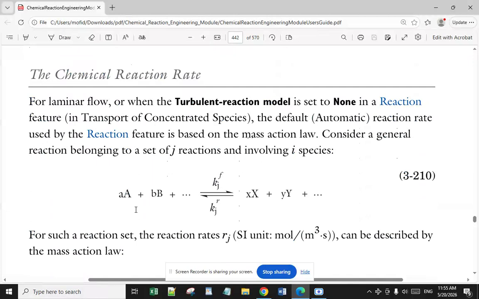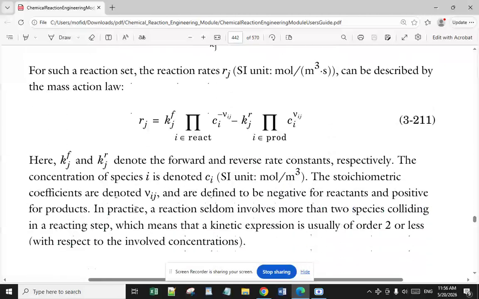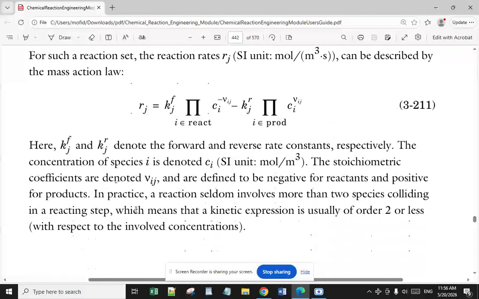Now I want to go through the chemical reaction rate for laminar fluid, or when the turbulent reaction model is set to none in a reaction feature. In the transport of concentrated species, the default automatic reaction rate used by the reaction feature is based on the mass action law. Consider a general reaction belonging to a set of J reactions and involving I species, as follows. For such a reaction set, the reaction rates, in the unit molar per cubic meter second,